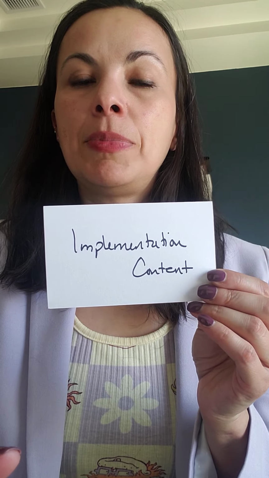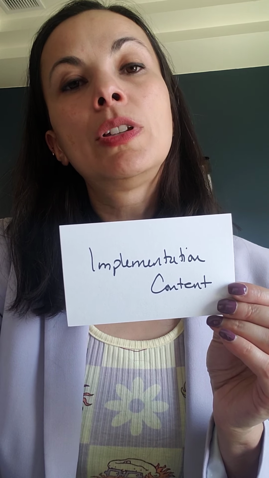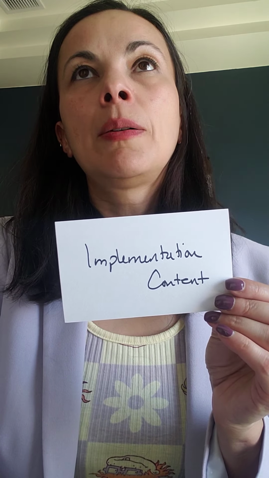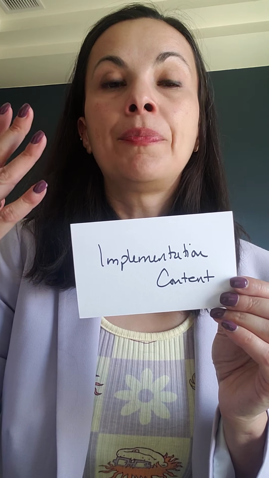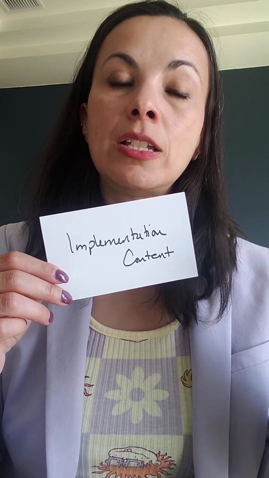So the next step, you guessed it, after you're planning and figuring out what you're gonna do to make your goals a reality, then comes implementation and content. You really need to be specific about what you're gonna do with your content. So you can have a box, a table where you list each of the strategies that you want to implement